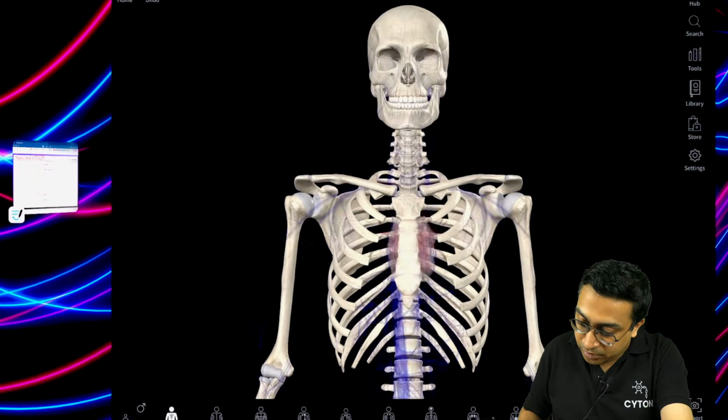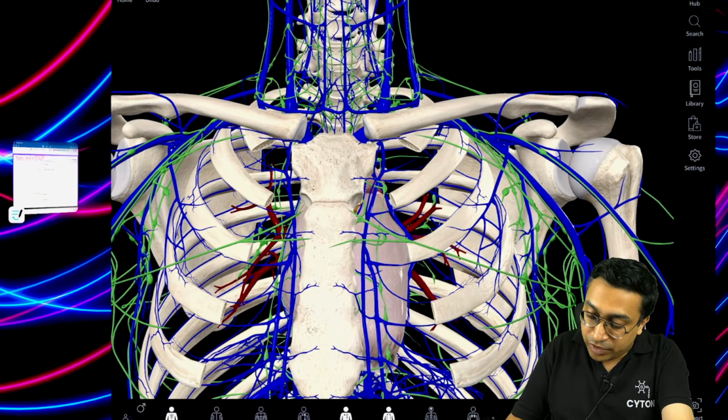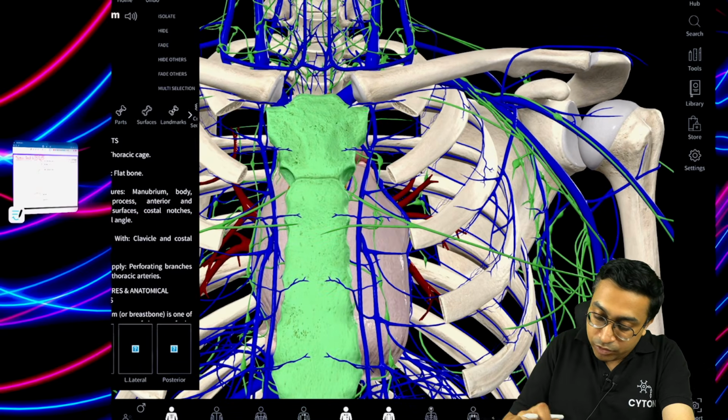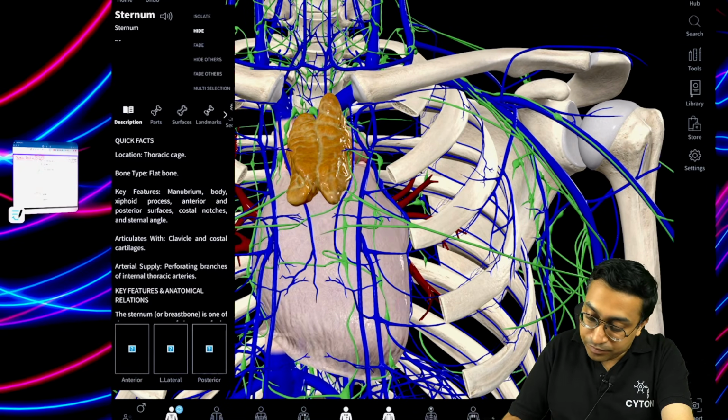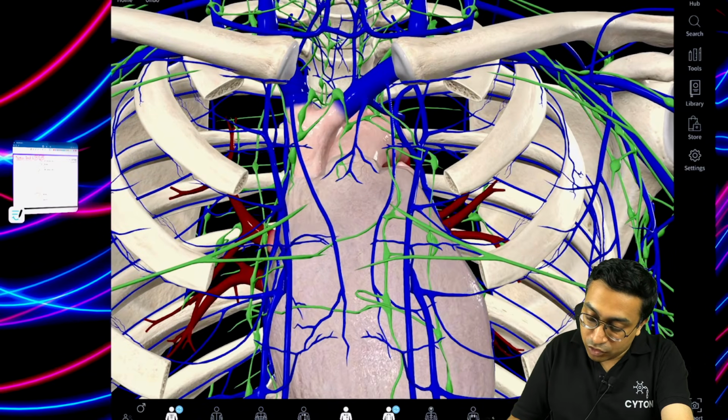If we bring up this venous system, the lymphatic system, okay. So venous is important, otherwise you will not get orientation. So I need to remove this sternum here, and the thymus also we remove. So now see this,